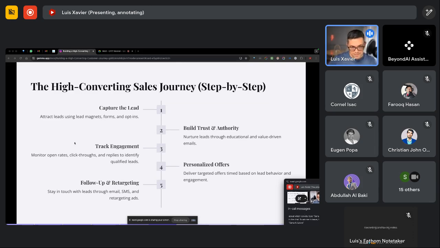So you need to track the engagement, and then you want to personalize your offers. And that will be what I said about sending the right email at the right time. And I'm going to show you very shortly, just in the next slide, how to do it. And then we're going to do the follow-ups and retargeting. And that's going to be a combination of SMS, emails, of course, and also customer journey.